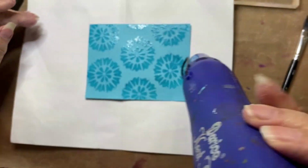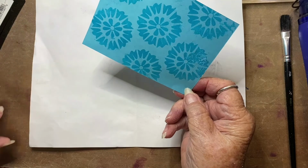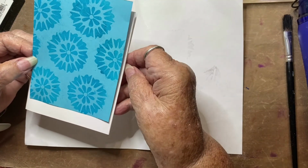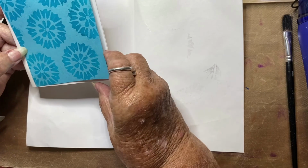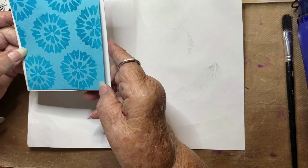Okay, this came out pretty nice. I'm very pleased with the way it looks. I'm going to put this aside now, and we'll work on the other piece of cardstock. I'll be making a card out of this, so stay around to the end of the video and see how I use this